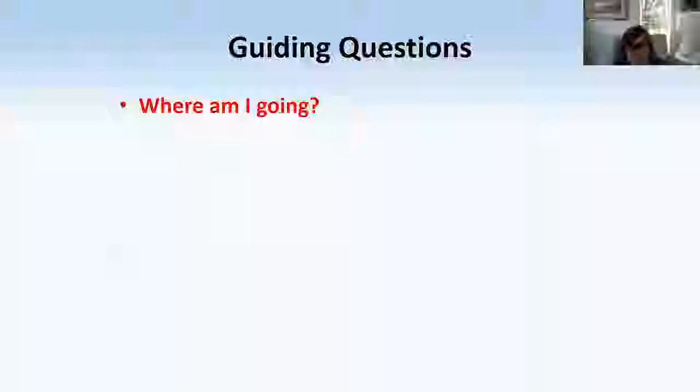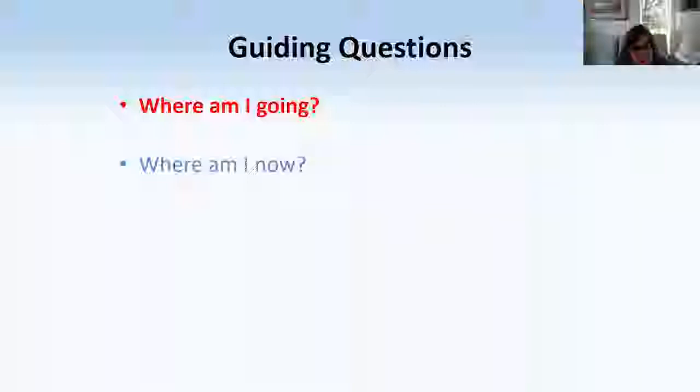So the three guiding questions to frame the process of formative assessment are, where am I going? And that is the learning goals and success criteria. What do I as a teacher want my kids to learn in this lesson? And similarly for a student, what am I going to learn in the lesson, and how will I know if I've learned it? And I bolded that because we're still in that red zone. We're going to think more about these goals and criteria in the context of subject matter today.